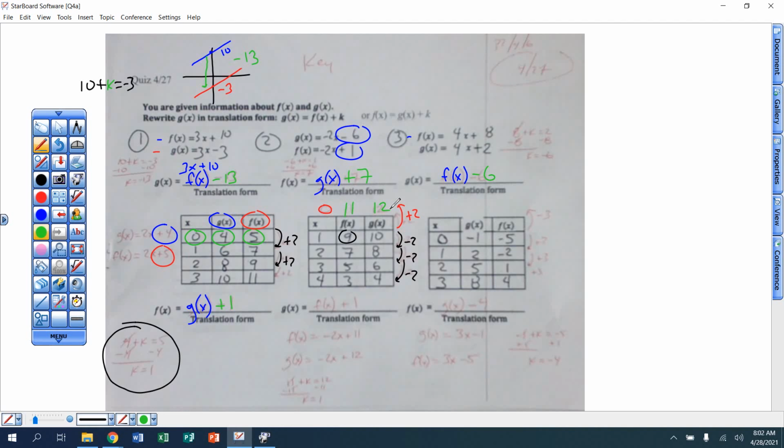And then there's my equations. F of x equals -2x plus that 11. G of x equals -2x plus that 12. And of course, going from 11 to 12, that's an increase of 1. F of x plus 1. And then your last one here. This one,